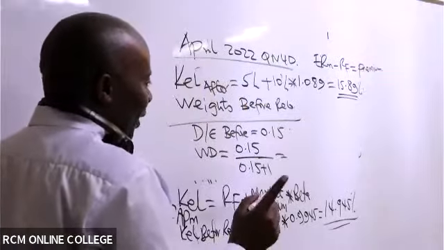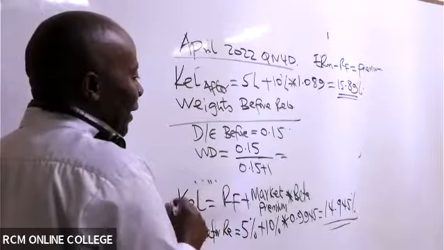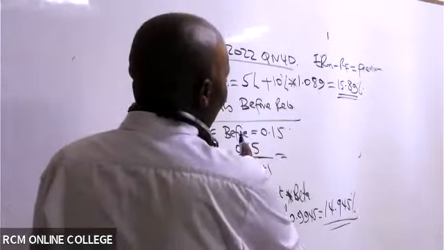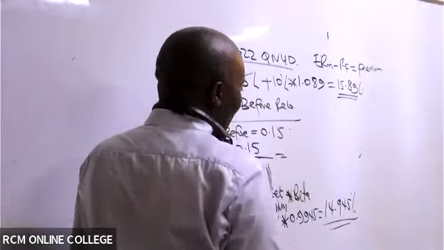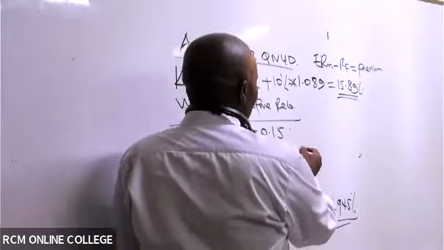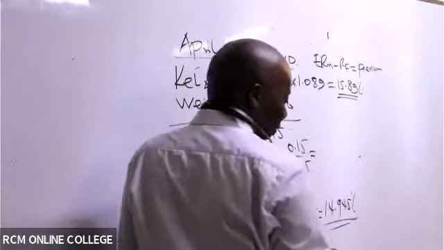Thank you so much. I can see the online guys are really fighting this. I gave you a shortcut to getting weight of debt. So you take the number divided by the number plus what here, somebody? Plus 1. So this one here will be the same as 0.15 over 1.15, which will end up giving us what figure?